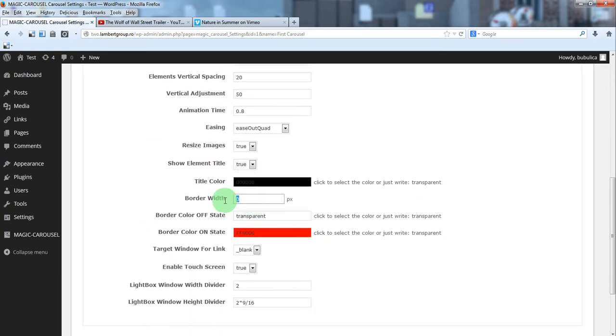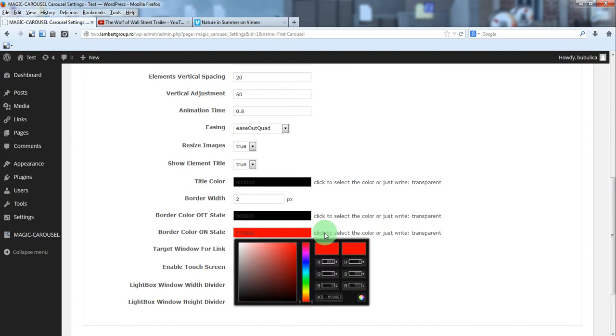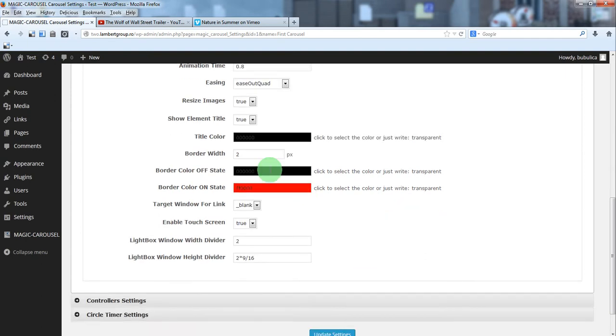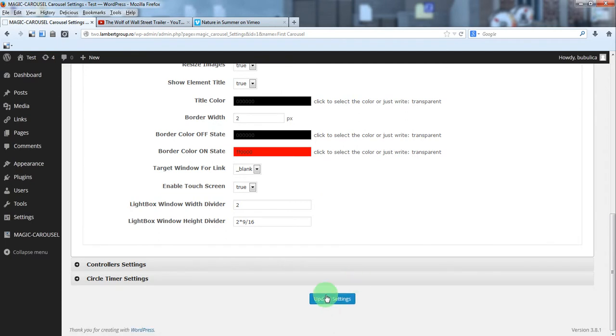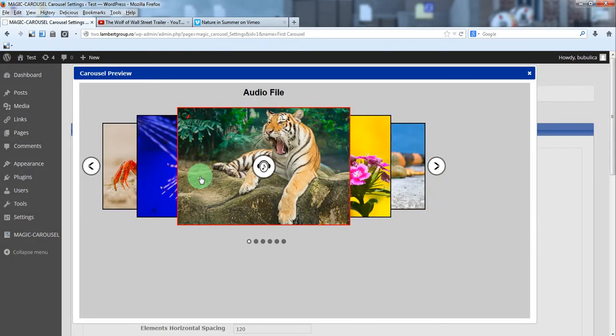You can set a border, let's say 2, and choose a color for the off-state border and a color for the on-state border, or you can write transparent if you don't want a border. Update settings. Now let's preview it. Here you have the carousel with a border.